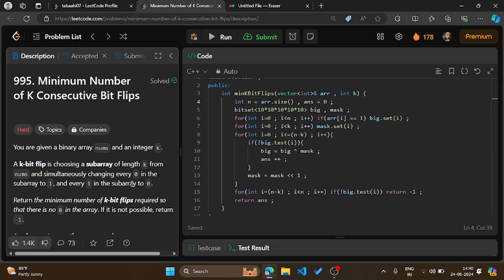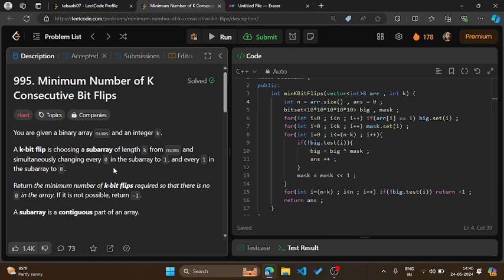Before moving on, let me just summarize what I have done. So basically, we were given an array and we have to choose a subarray of size k, and flip all the elements in that particular subarray, and this will be our one operation, and we have to make sure we convert our array into an array of all ones with the minimum possible operations, right? So in one operation, we were just flipping all the bits. So I asked, tell me an operation of bit manipulation which is equivalent to this operation. So here I observed that it is equal to XOR of the current subarray with a subarray of